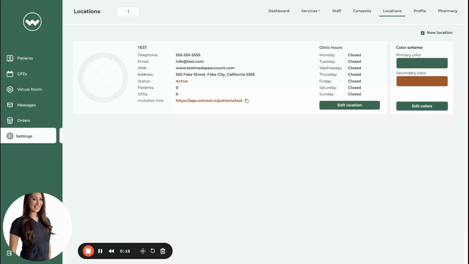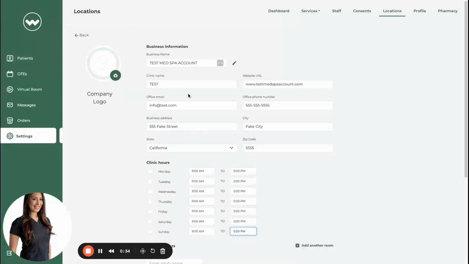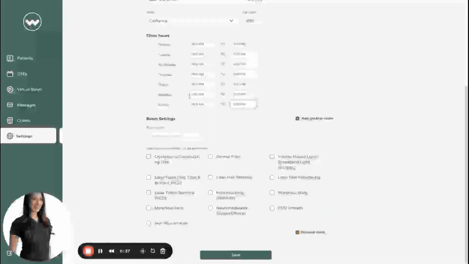If you have just registered your account with the WeTrade app, you will need to add your first location and enter in your details. If your location has already been added and you just need to edit them, you can edit it here. And this will cover all details of your business and also display your clinic hours for your